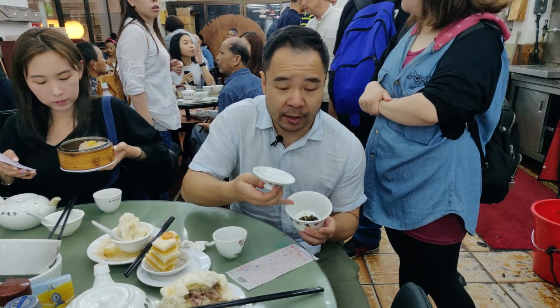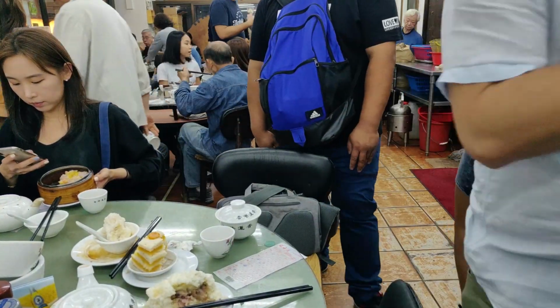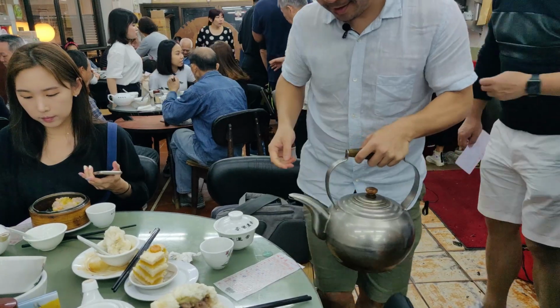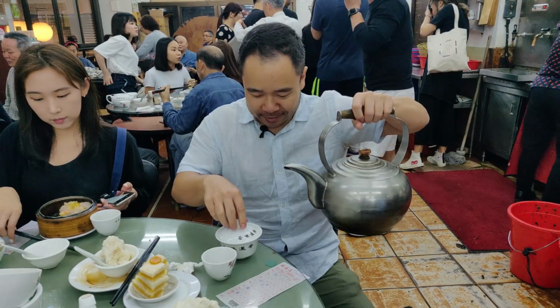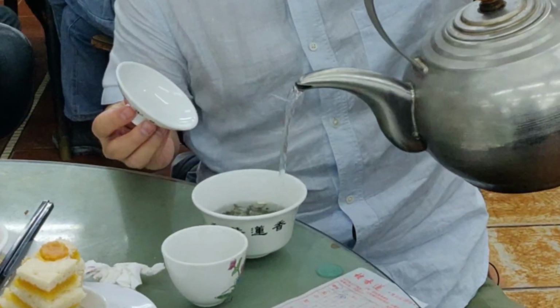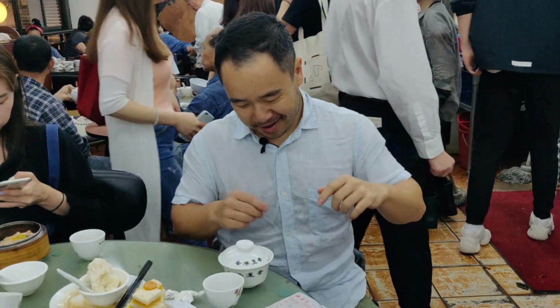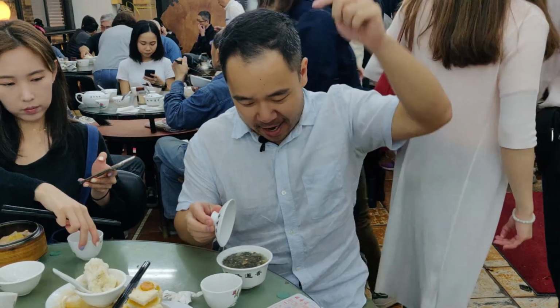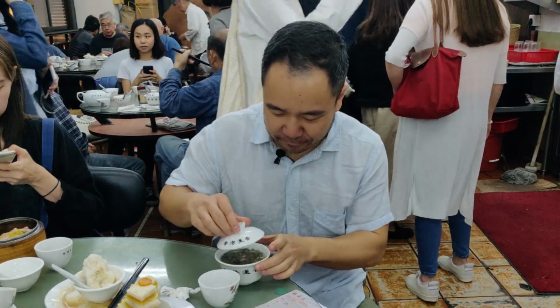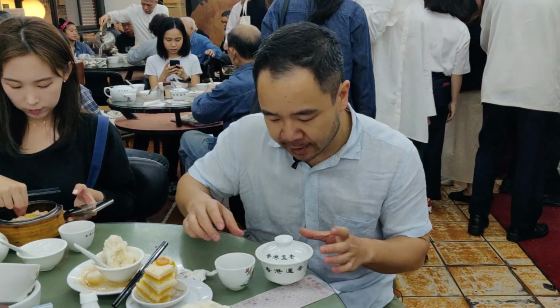You put the tea in the bowl, and then just wait one moment. You go get your boiling water, and you fill it in here. In the old days, they'd pull this, right. They'd hold it up high and pour it in, and apparently that infuses the flavor even more. But of course, Hong Kong's super conservative now, super regulated, and you're not allowed to do that anymore. So the idea is you let it steep for a few minutes, but